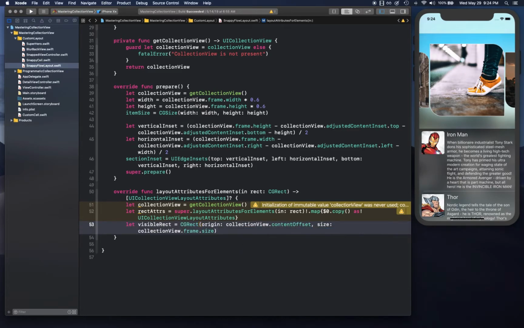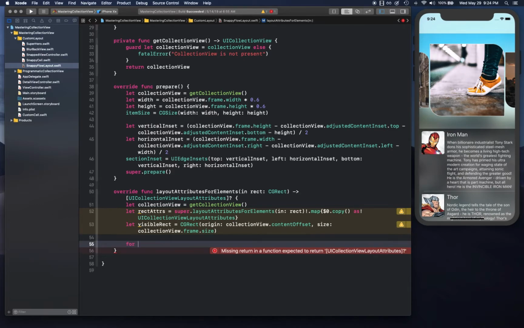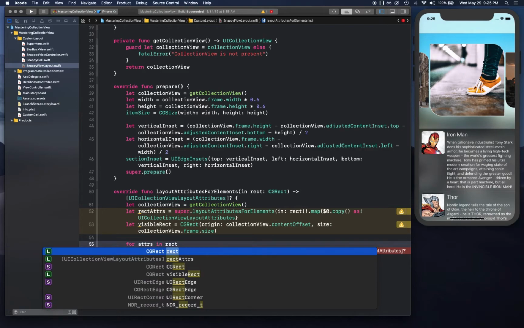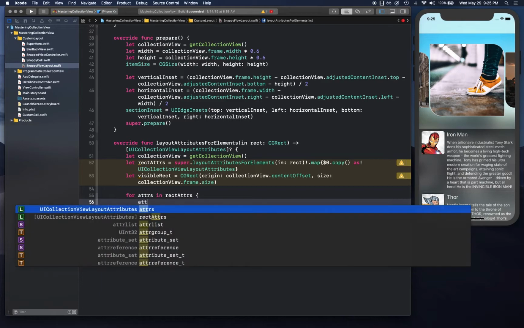Okay, so content offset is going to be what we're going to use as the origin, and the frame collection view's frame size is going to be the size of that visible rect that we're going to be showing. Okay, once we have completed these two, we're going to say for attributes in rect attributes, so rectangle attributes,